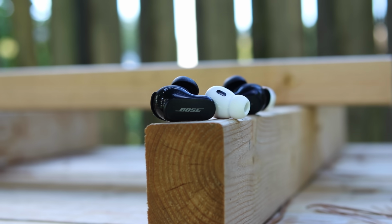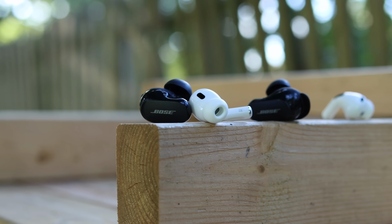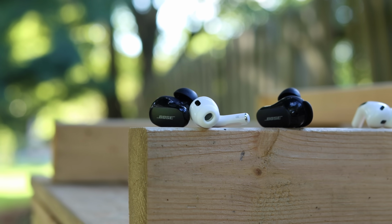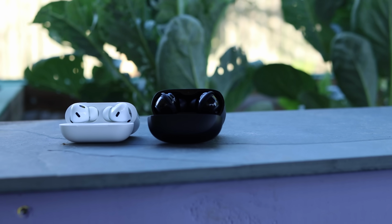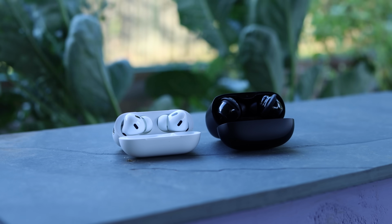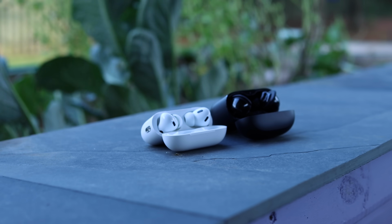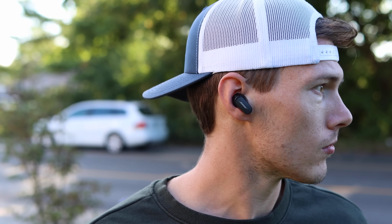But then in a slightly different environment, where I didn't go for max volume, but rather sat in a room with a window unit air conditioner, the air conditioner completely disappeared when I used the AirPods. So AirPods in, it was dead silent. You had no idea there was an air conditioner in the room, and that's without any music or anything like that. But when I wore the Bose, there was a gentle hum. I knew that the air conditioner was there, and it wasn't dead silent,